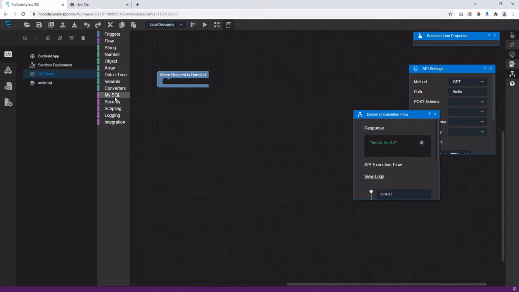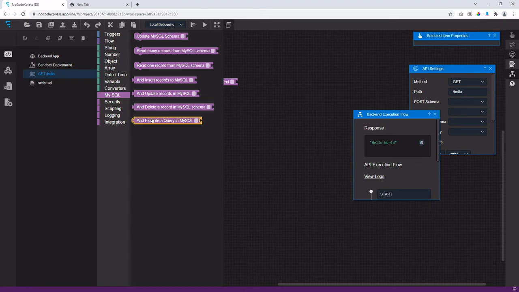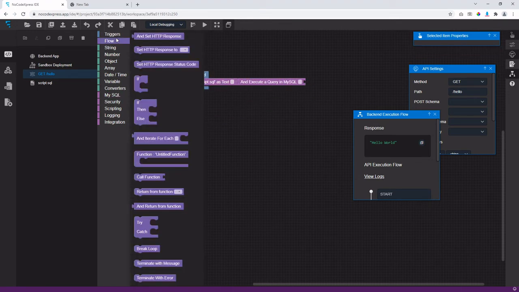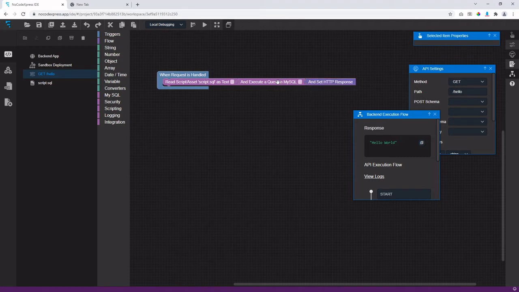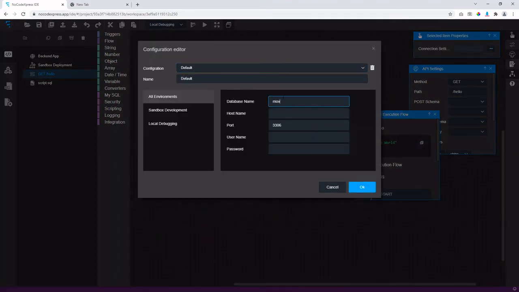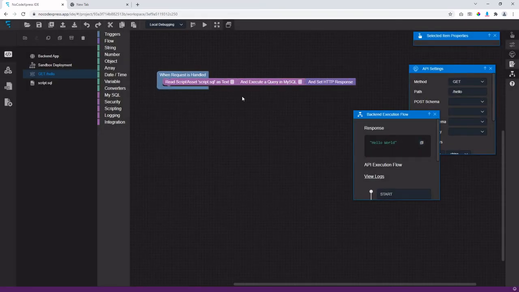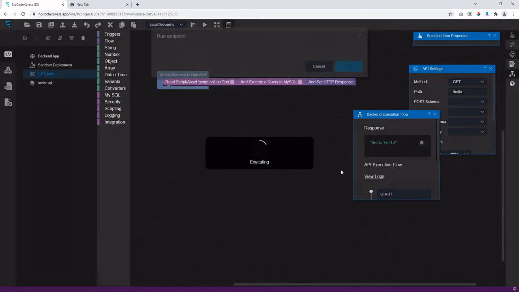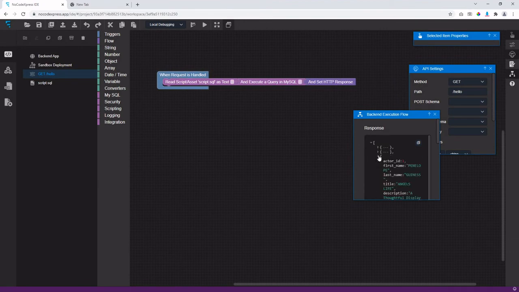And in your endpoint, you can read the script by dragging and dropping this block and selecting the script. And you can execute the query by using the block execute query in MySQL and set the response of the API endpoint. You can also configure the connection settings. Let's use the connection settings for my database I have in my PC. Let's try it and see whether the query is getting executed. It's receiving data from the query,